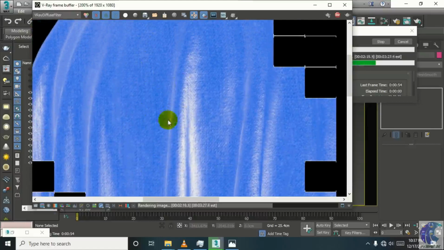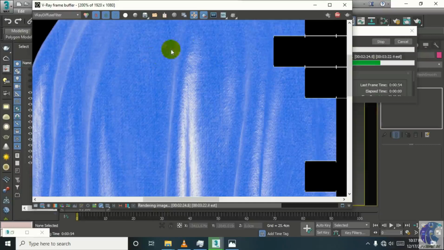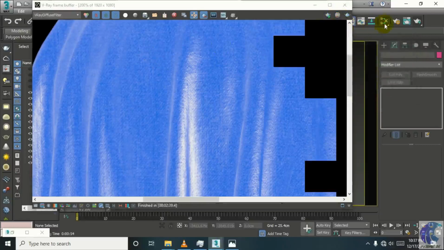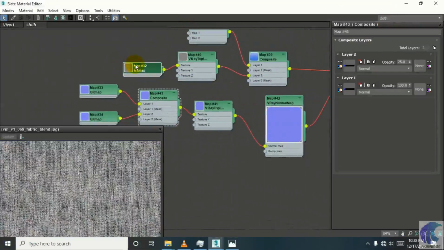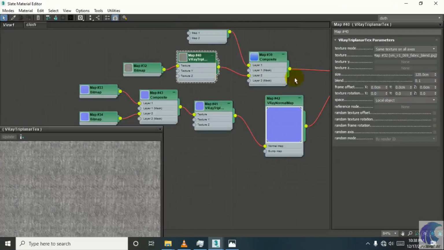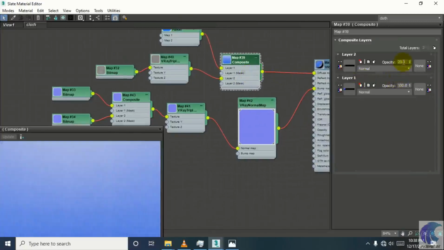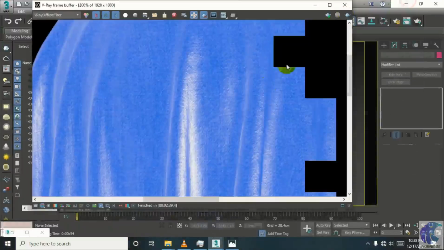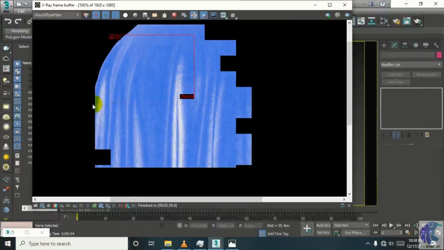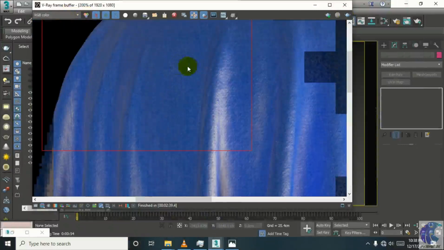Look at this. This is showing as it is the material. This is the bump material we used in the composite map. So here, texture, and now composite, and now we will use only 13%. So we have some wrinkles here. Now I will again render a small portion of this and check how it looks.